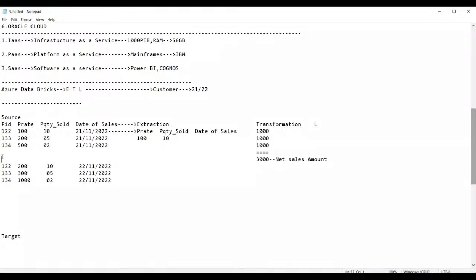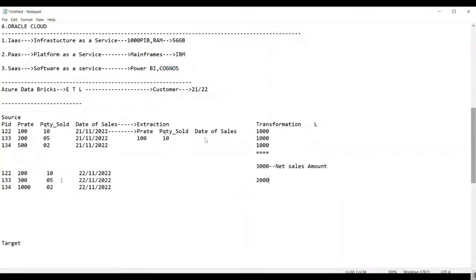For the 22nd day, 200 into 10 means 2000. 300 into 5 means 1500. 1000 into 2 means 2000.